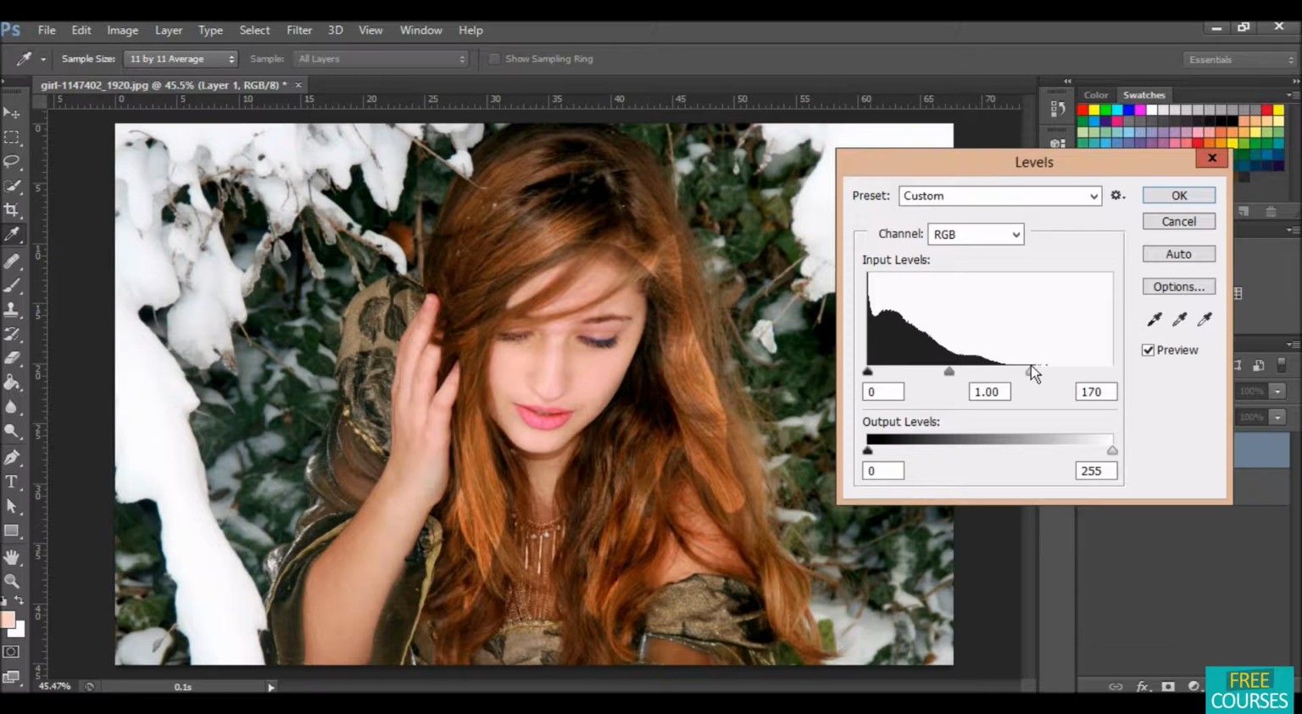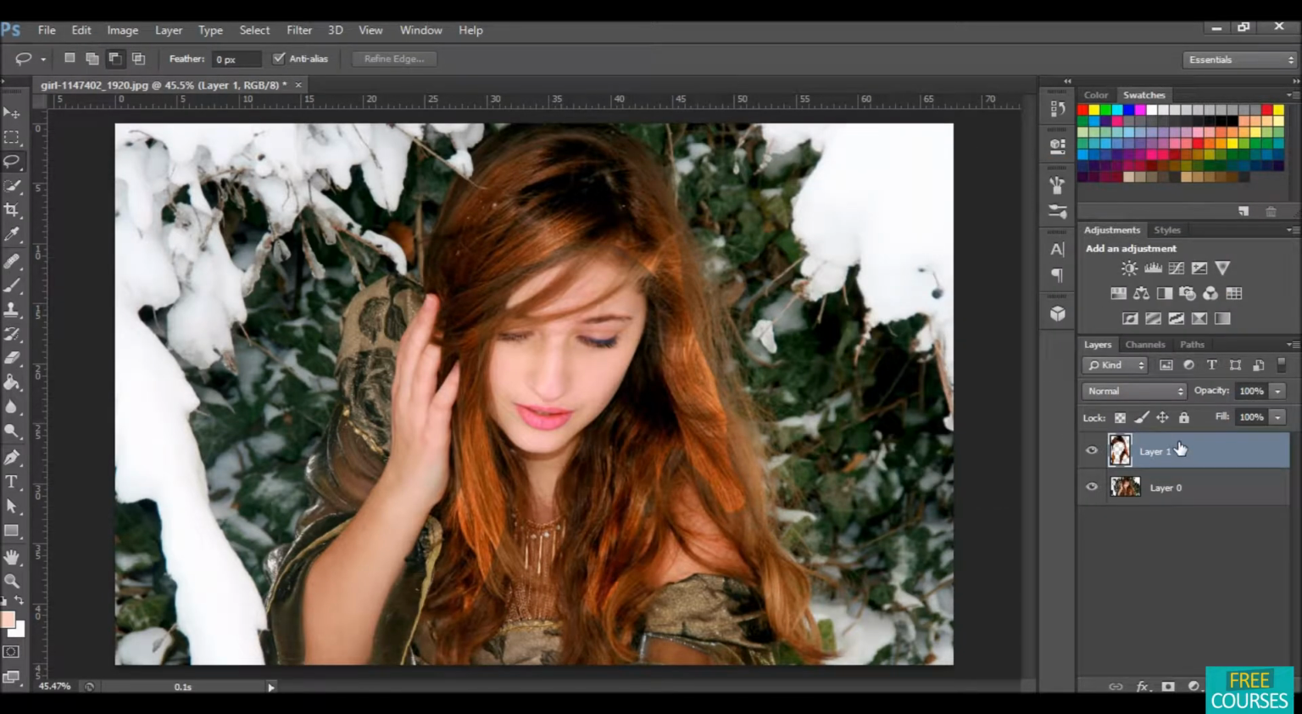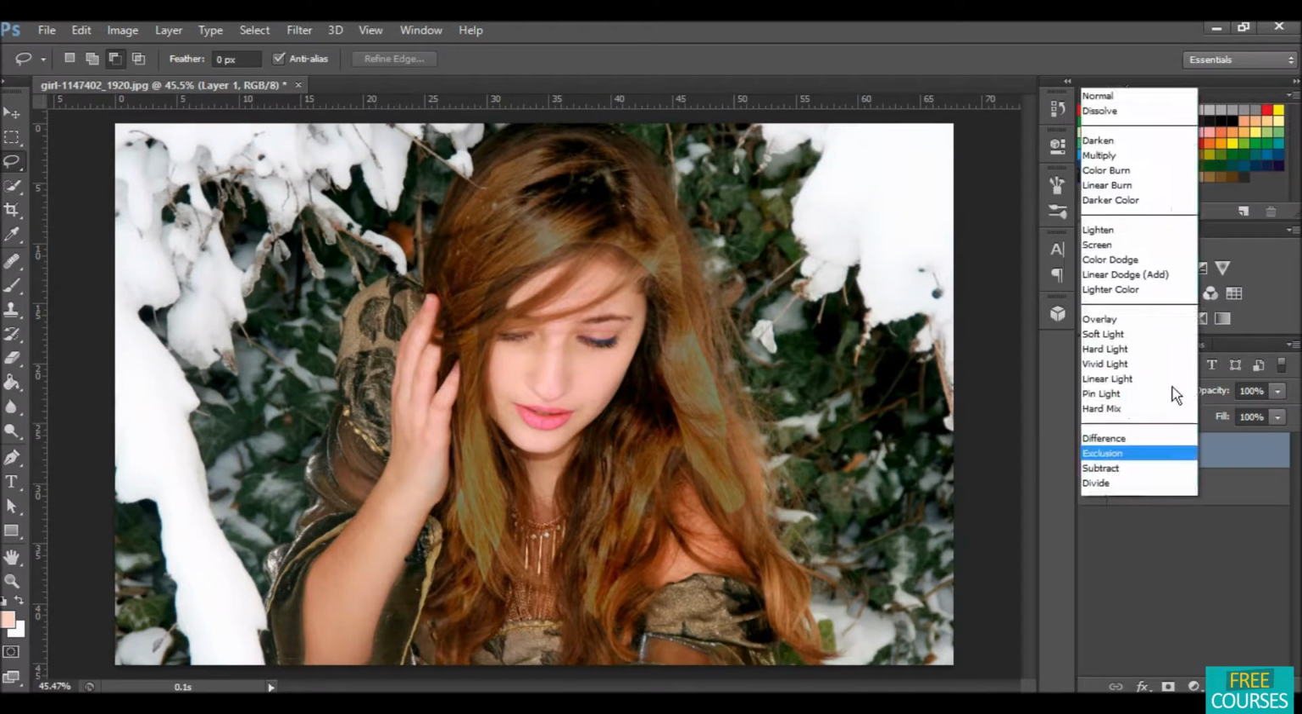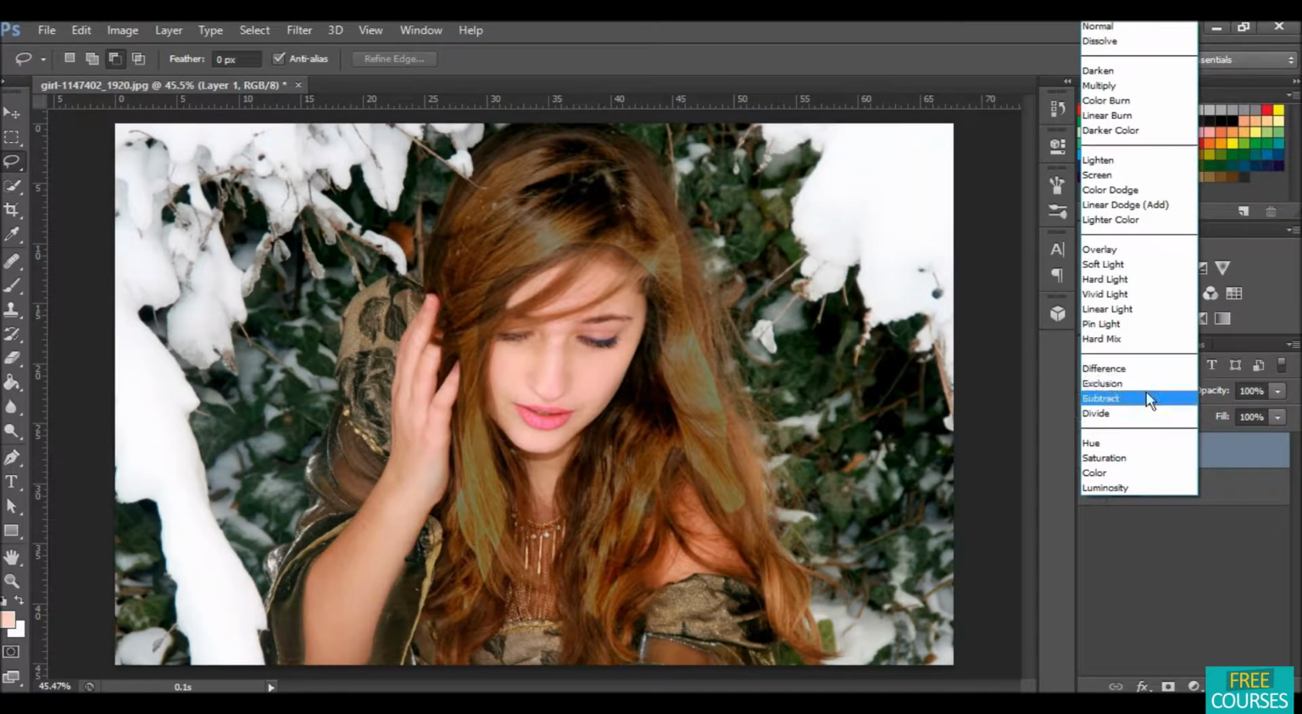You can see the hair color is starting to change. Drag these pointers in towards the right to make a good adjustment between these, and then hit the OK button. And then guys, you have to change the blending mode of this layer to exclusion,